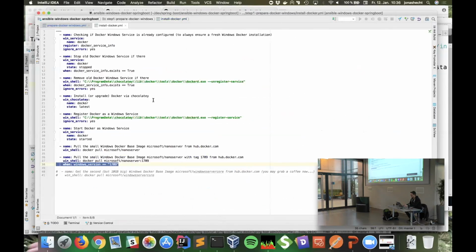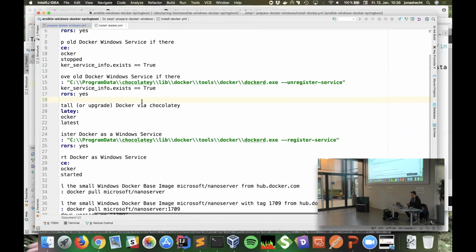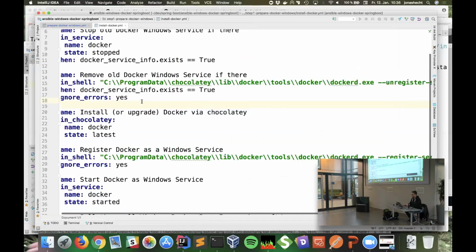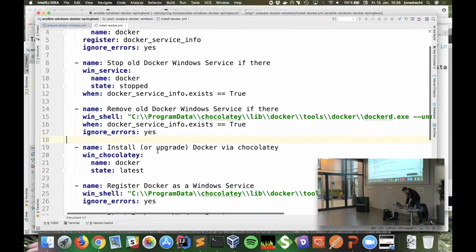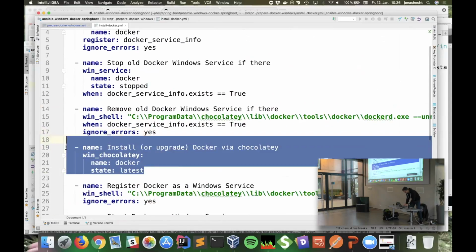But the problem with the package is something that really is hard on Windows. At first I thought we only have to do this here, right? Just the same as with Firefox: choco install, name the package, say latest, and that's all.